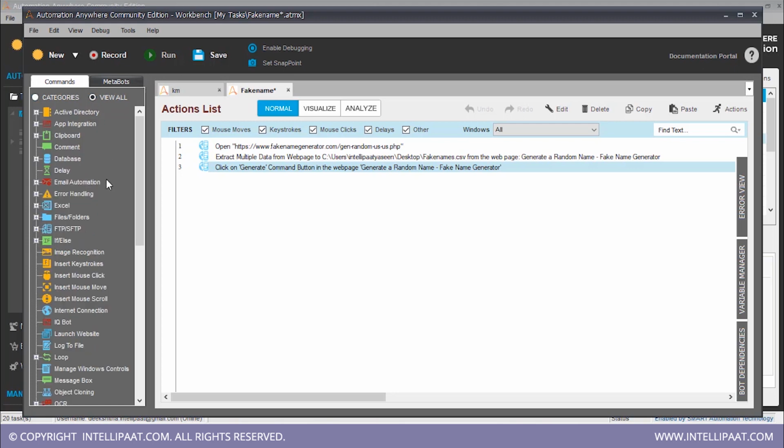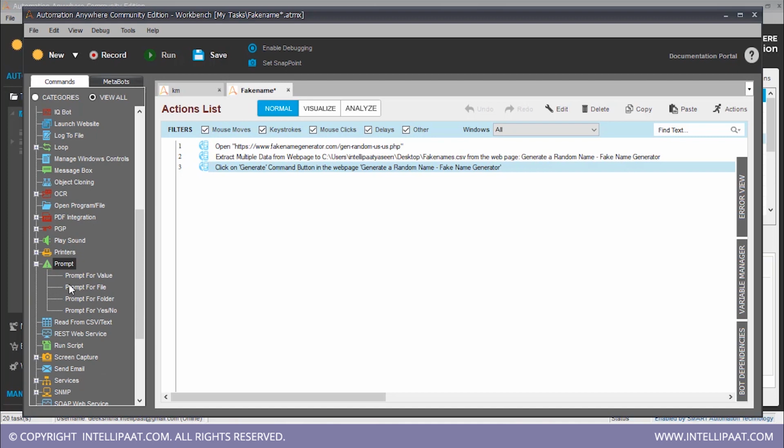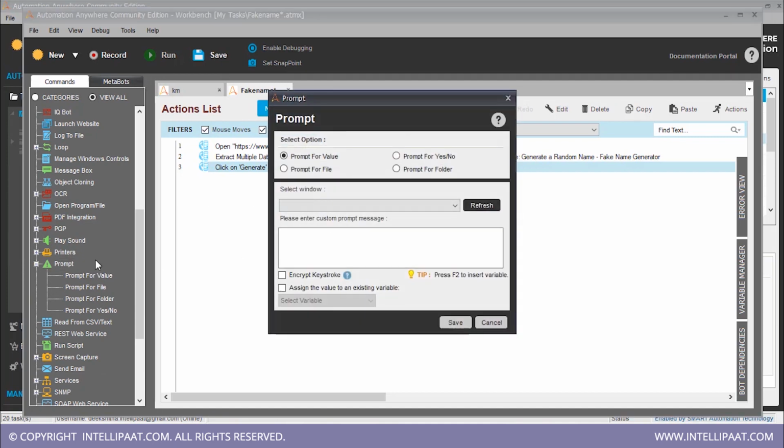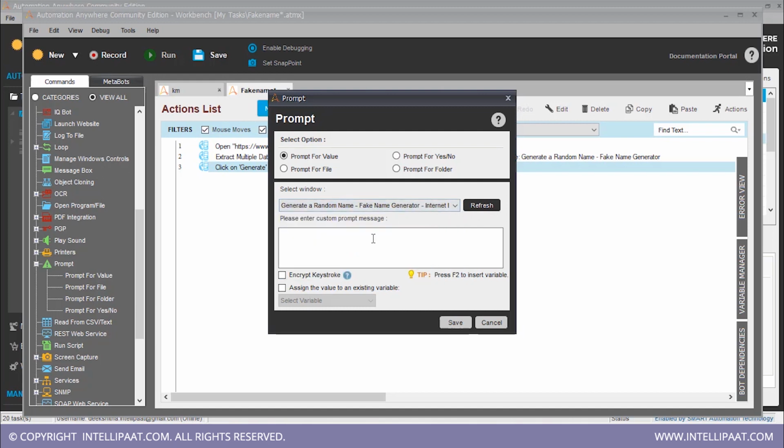And now we want the user to be able to insert the X value. So he has to get a prompt message asking him to enter the X value. So it's prompt for value. From which window? It's obviously fake name generator Internet Explorer. Click on that.